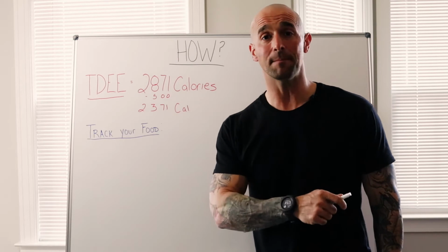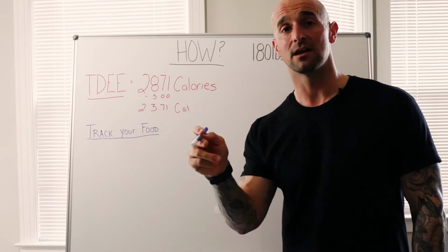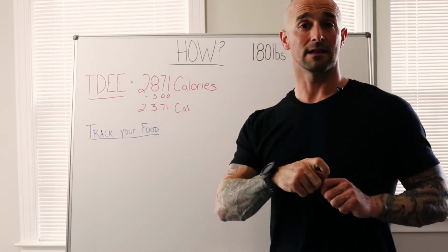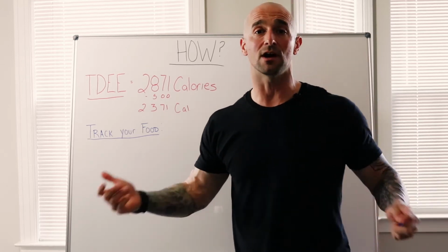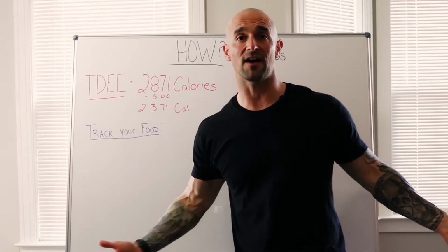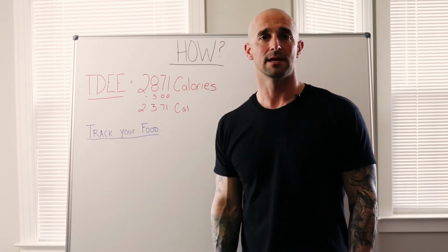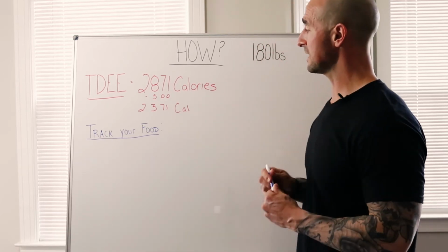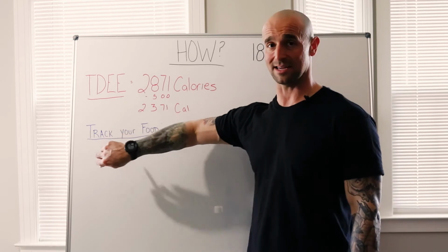Or there's also the opposite. You may think you're eating a lot if you cook a lot of your own food when you don't realize like 6 ounces of chicken breast is only 120 calories. And that's 35 to 38 grams of protein. That's a lot of protein for only 120 calories. So, things like that, this will open your eyes.